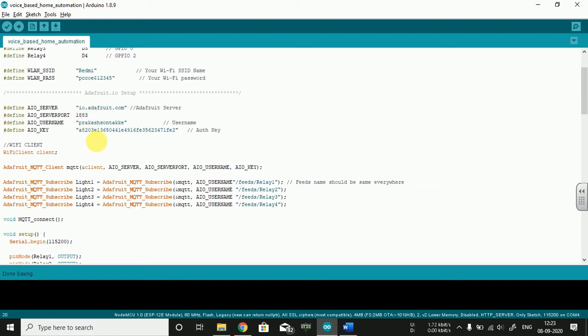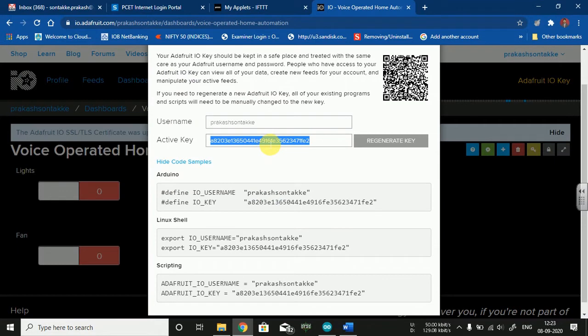1883 is the port number for the Adafruit IO server. Next, you require your username, that is the credential of your Adafruit account. I have mentioned it, and along with that you need to provide the AIO key, that is your Adafruit key, the authentication key. I have just shown it here, isn't it?